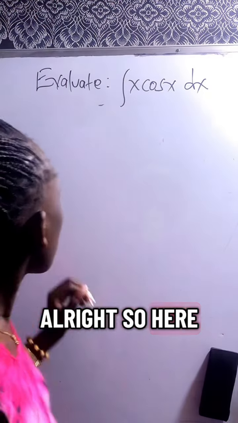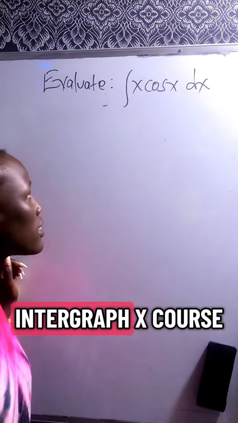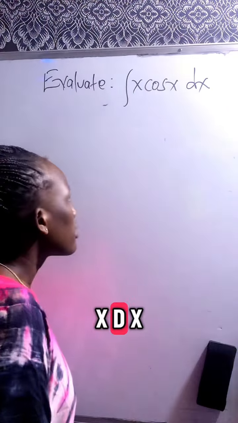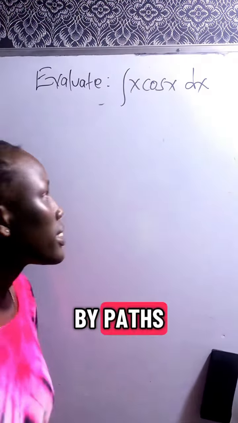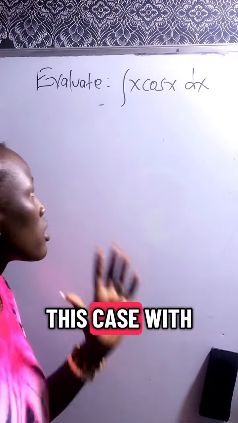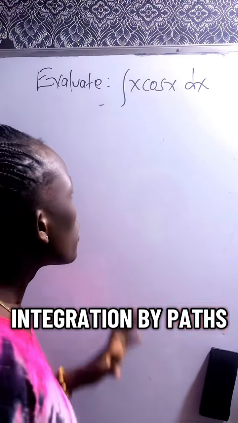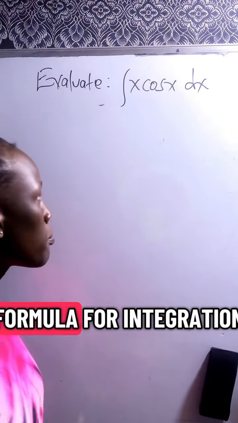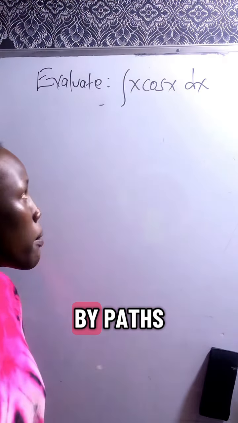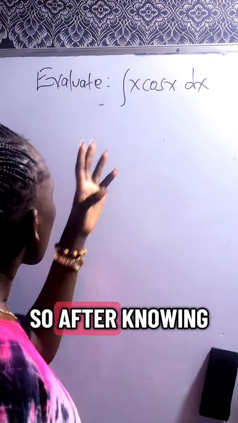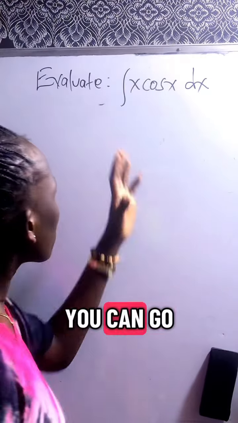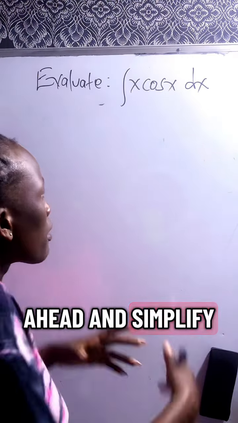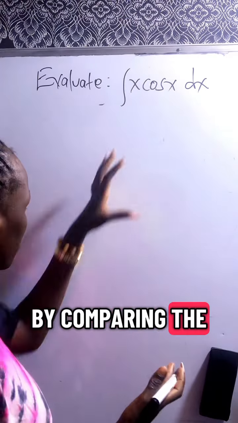Right? So here we have: evaluate the integral of x cos x dx. This is integration by parts. And what do we do in this case? With integration by parts, you need to know the general formula for integration by parts. After knowing the general formula, you can go ahead and simplify by comparing the values